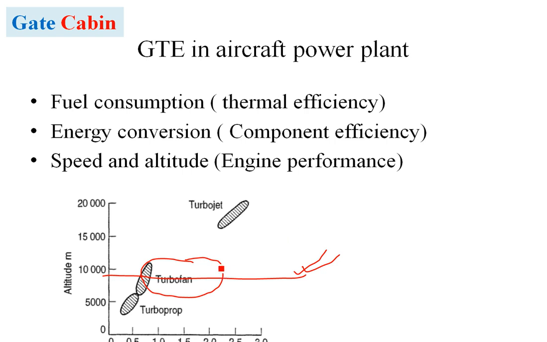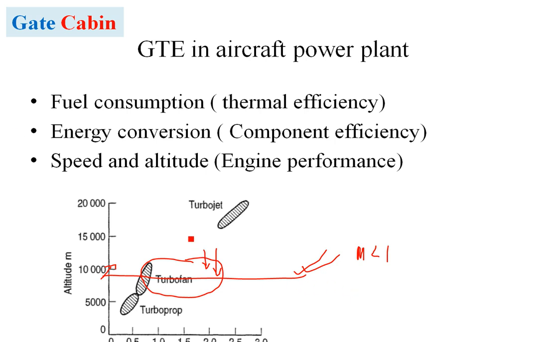The fuels are very costly, so fuel consumption has to be very less. Then the engine has to be less noisy. Plus, it has to fly at high altitudes, which is another important criterion. And here the speed is compromised. We can have aeroplanes which are generally flying at less than the speed of 1, which is subsonic. So subsonic aeroplanes.